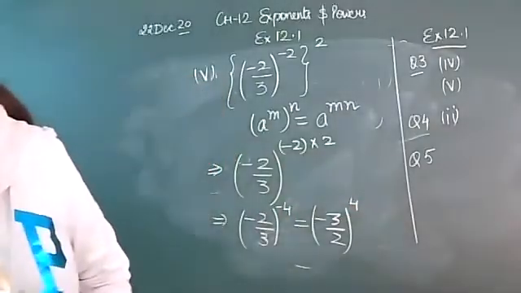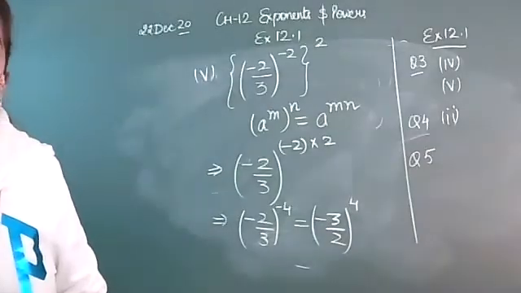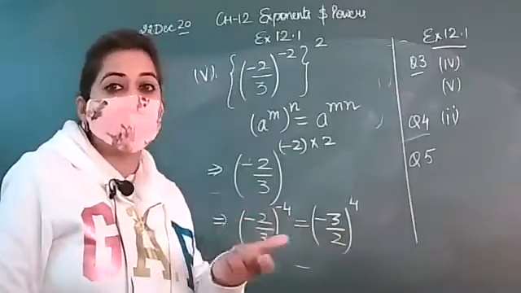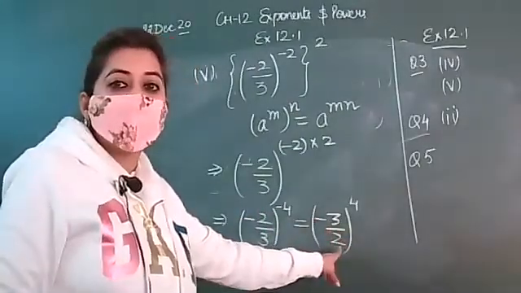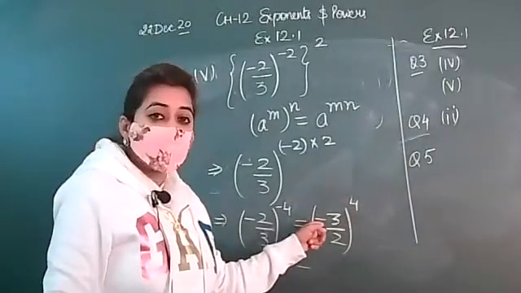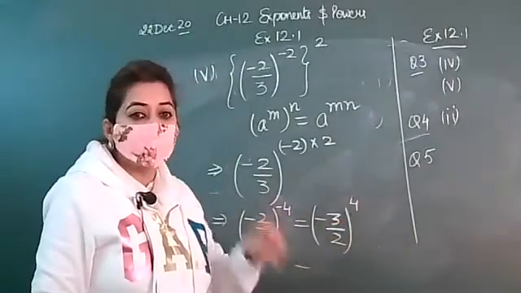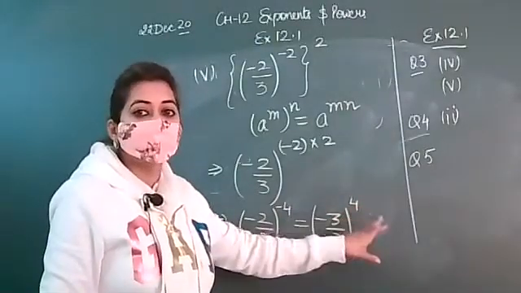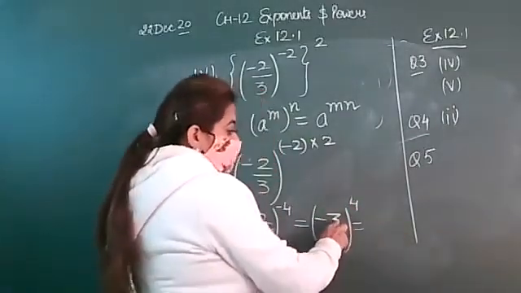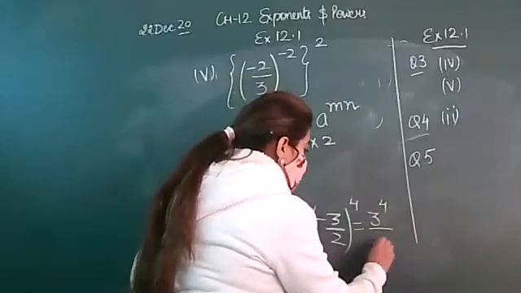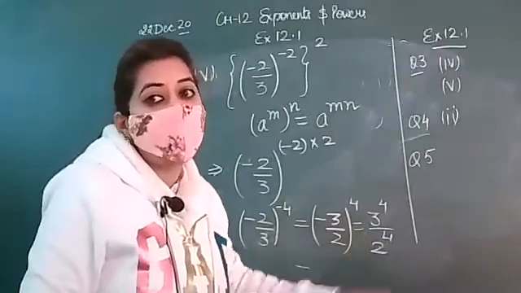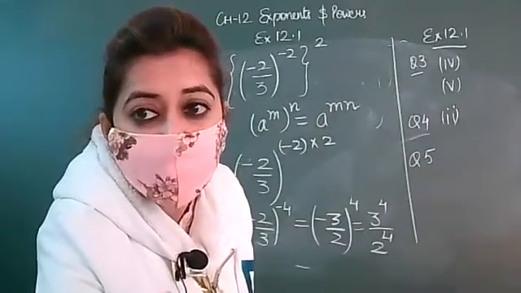Now the question is to simplify. Simplify means find the value, means you have to solve it. Actually, you have to find the single value for this. So it's compulsory to multiply this. Negative is there and the power is even. So negative with the even power will always give you a positive answer. If here the power was odd, the answer would be negative, but even power is there, so your answer is positive. And 3 raised to power 4 upon 2 raised to power 4. Yes, can anybody tell me which law I have used here? Yes, who will tell me?